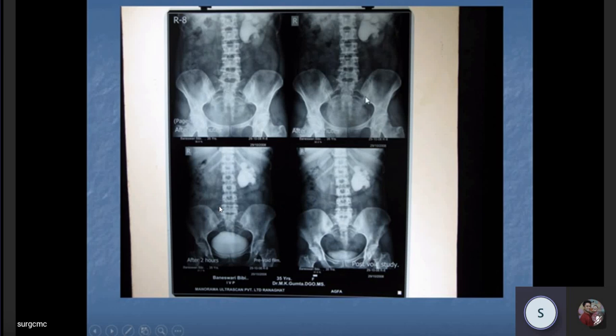Now you see in this particular plate, on the left side, the pelvicalyceal system is dilated. Both at 3 minutes, 30 minutes, and this is 35 minutes, this is 2 hours, dye is well concentrated within the bladder and dye has gone out of the bladder, but this side remains intact. That means there is some obstruction at the end of the pelvis, that is the pelviureteric junction. So there is some pathology in the PUJ because of which the pelvicalyceal system is dilated and retaining dye even after voiding, even after hours. Okay.